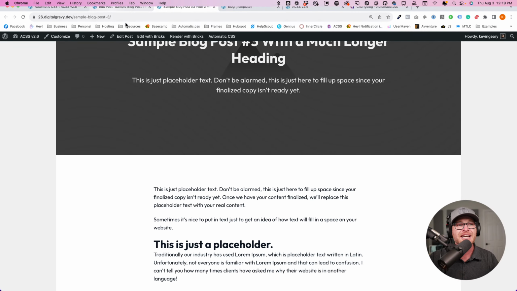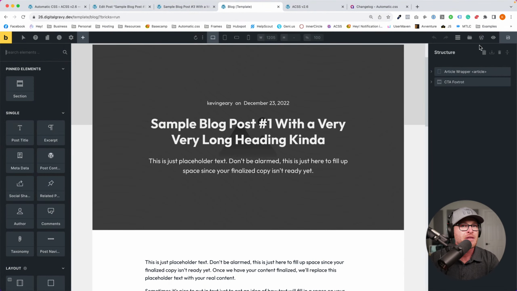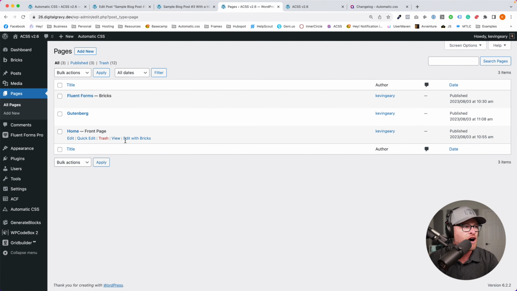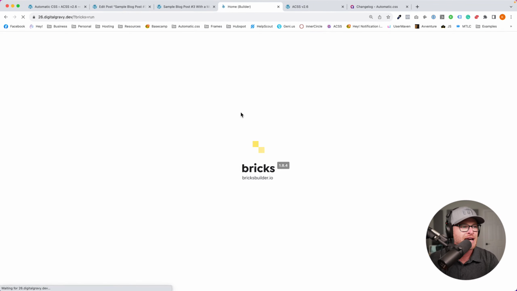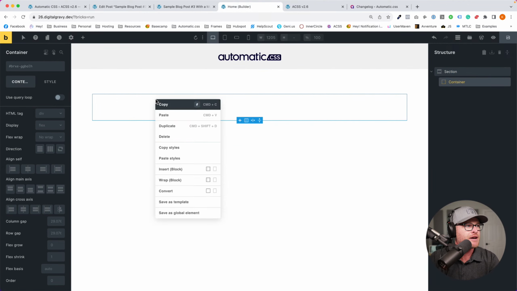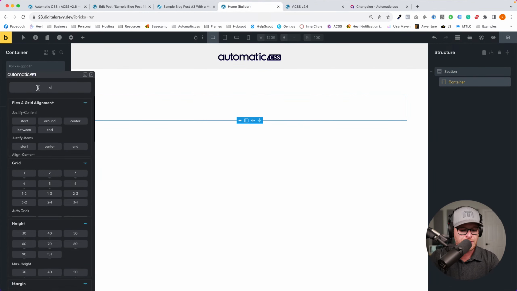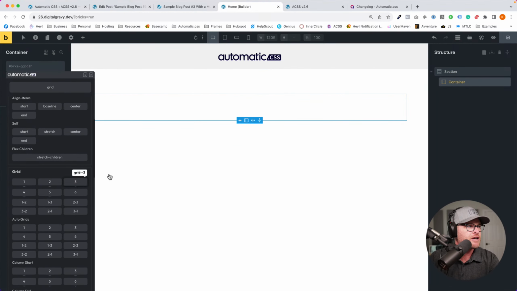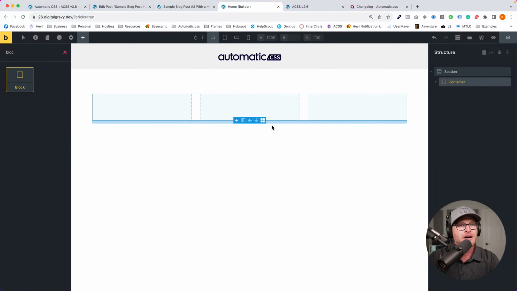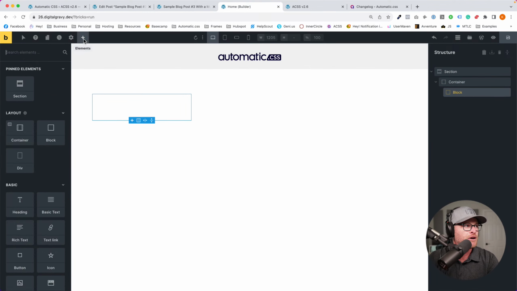So what we're going to do, and this doesn't just affect blog posts, by the way. Let me go over to, I think we can get out of this template now. Let's go over to pages. While this is off, probably a good thing to highlight here. Okay, let's go in here and let's make our little 3-column grid again. Let's go over here and grid it. Go 3. I don't need to worry about the responsiveness right now. Let's go block. All right, and then in here, we're gonna go with a heading.